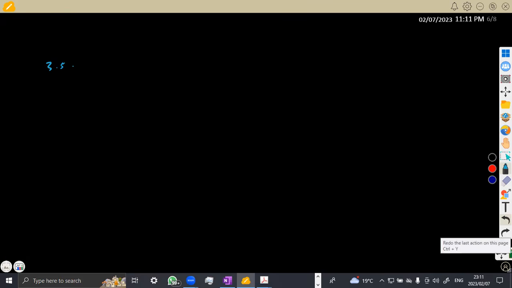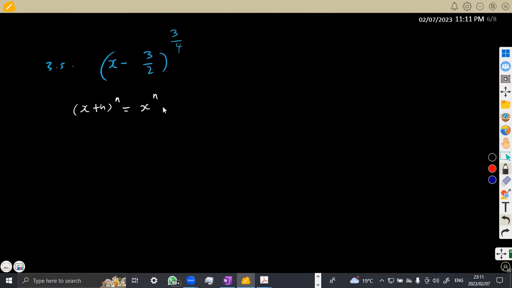So that was (x - 2)^(3/4). All right, so we've got something like this: (x - 3/2)^(3/4). Remember that your binomial theorem, guys, states that if you are given, let's say, (x + h) to the exponent of n, this is going to be x^n plus n x^(n-1)